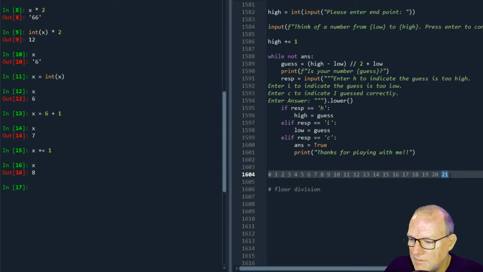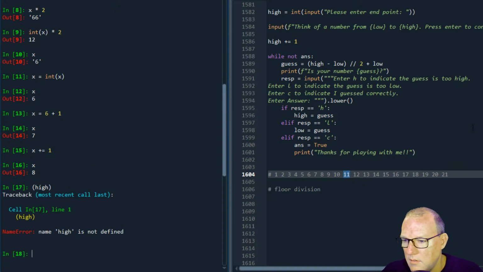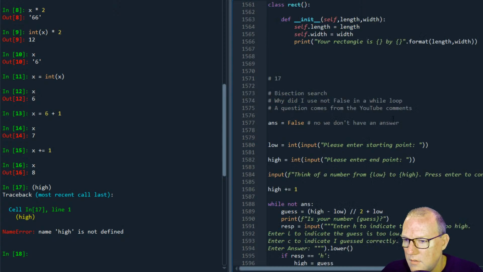So now when I do my halfway point, I get 11. All right. So it was 21. Let's do this the long form way, so we can see what in the world I'm doing and why we're doing it. Was it in a function?